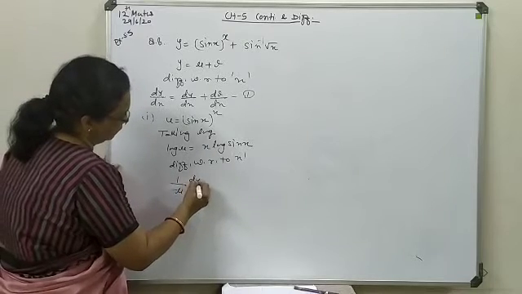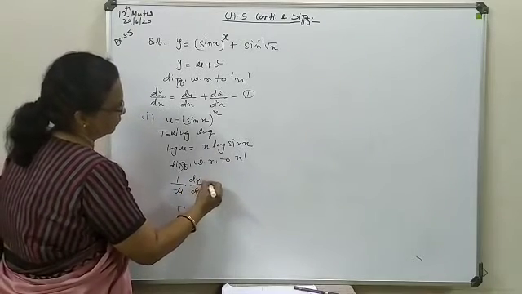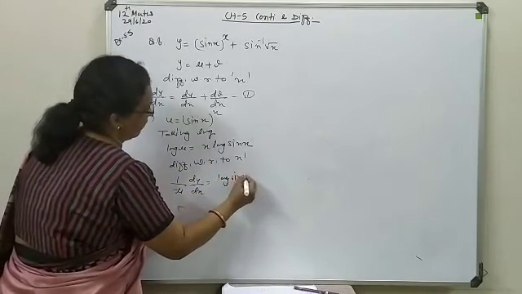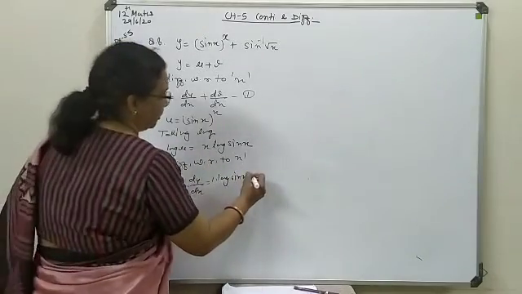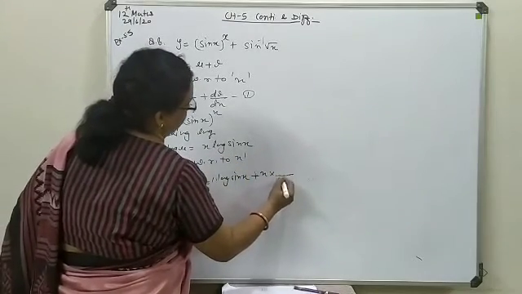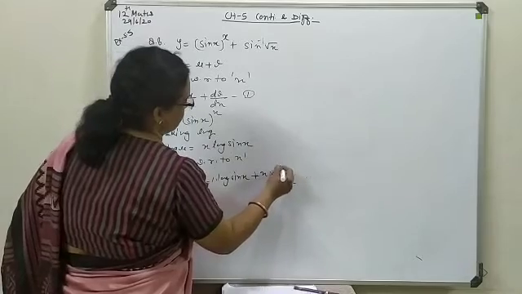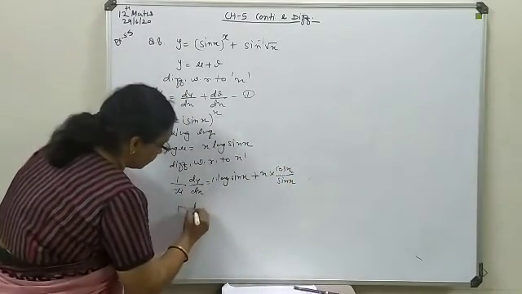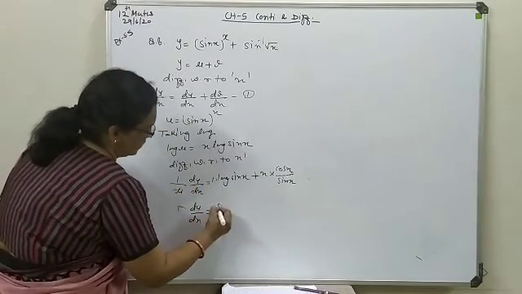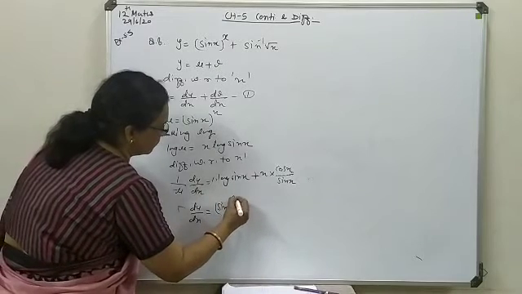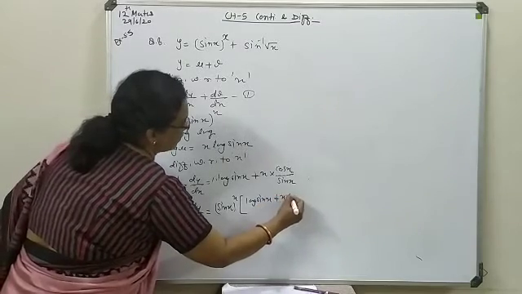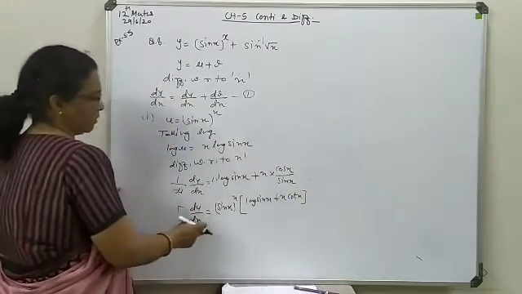1 upon u du by dx. For x, differentiation is 1. So log sin of x you will write as such, derivative of x is 1, plus x you will write as such. Derivative of log sin x means first of all 1 upon sin x. Differentiation of sin x is cos of x. Du by dx you make separate. Make it to multiply over here, means sin x with power x times log of sin x plus x cot of x. So this way this term will be separated out.